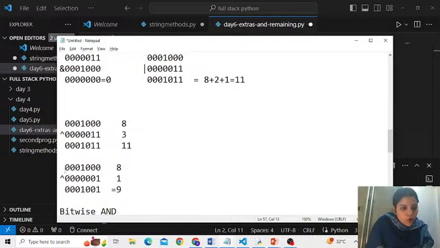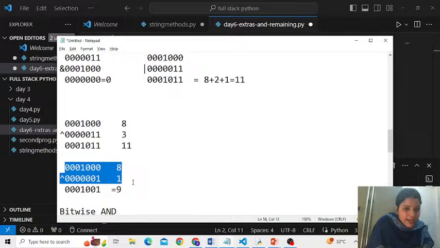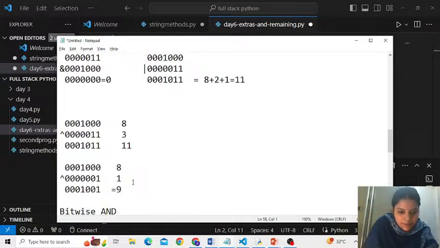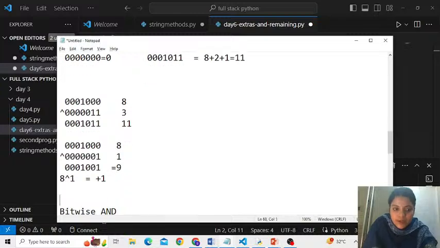Am I right? So if I write a code this way, 8 XOR 1, 8 को XOR किया 1 के साथ. If you get a 1 incremented value, that means this number 8 is an even number. I hope you got my point. But if you get a 1 decremented value, take some odd number.